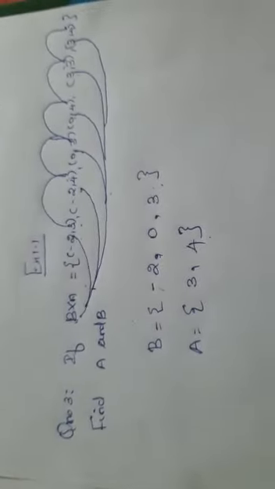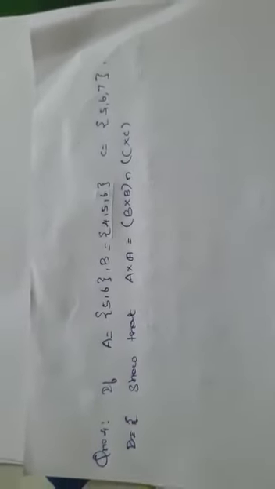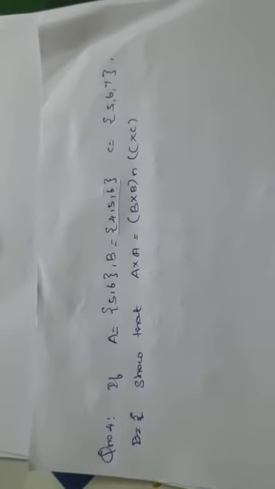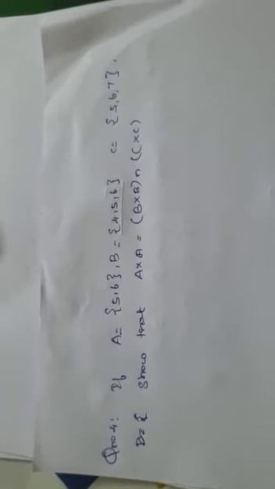Okay. Next, we'll see the fourth problem. Look at the question. If A equal to {5, 6}, B equal to {4, 5, 6}, C equal to {5, 6, 7}, show that A cross A equal to B cross B intersection C cross C. So here you have to prove the LHS part separately and the RHS part separately. At last you have to show that both the answers are equal.